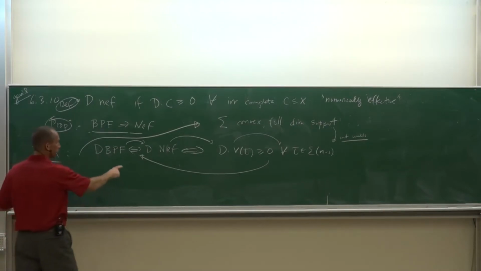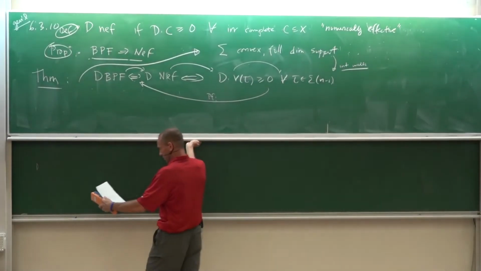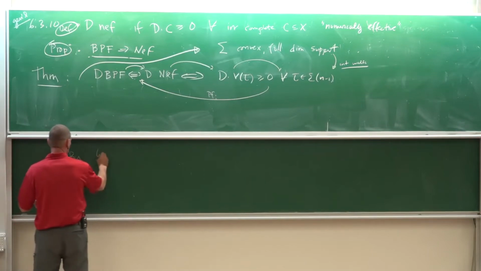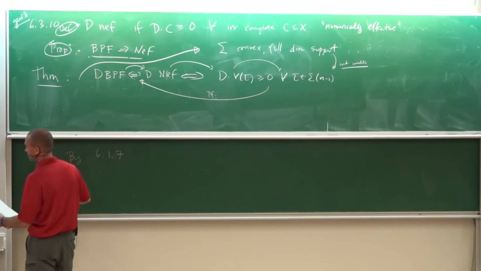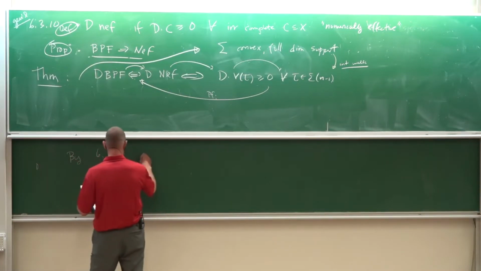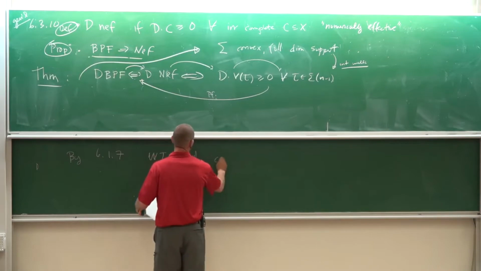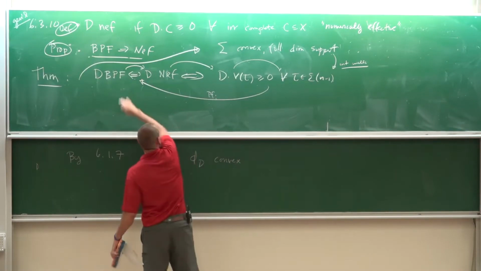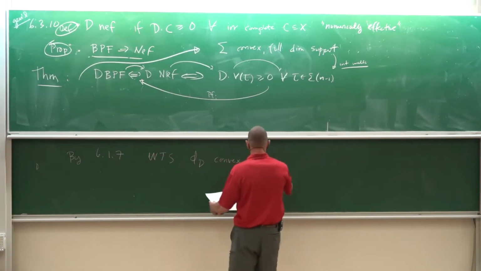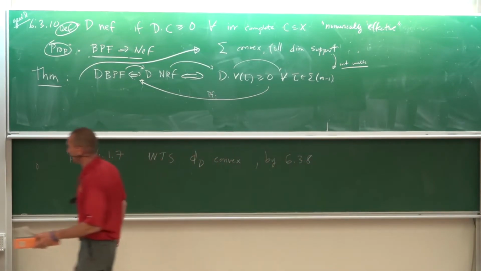So what's the proof? I'm going to only prove this part, because it's nice. So by 6.1.7, which I hope is still on the board somewhere. No, 6.1.7 is long gone. That's from the first hour. By 6.1.7, it's enough to show that phi sub D is convex. I want to prove the base point freeness. We know base point freeness corresponded to being convex. And so by 6.3.8, which is on the board,